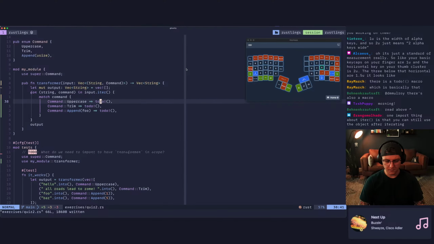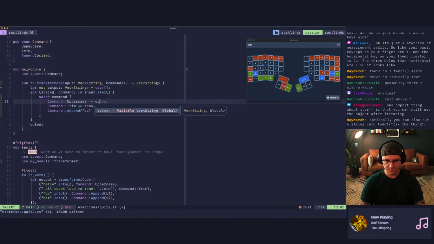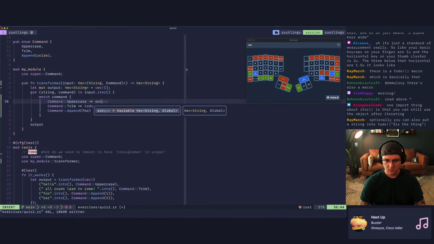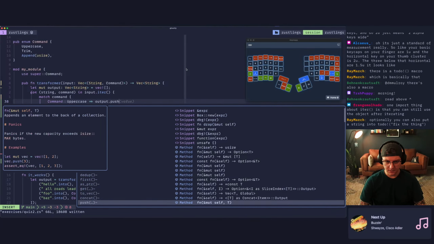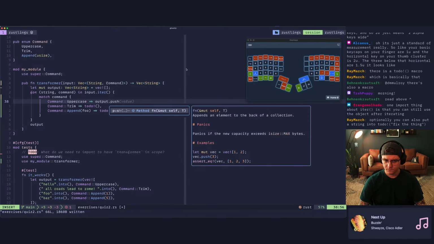All right, that looks pretty good. So when we uppercase, we're going to say, we have a mutable reference to our output, so I should be able to do output dot, what do we have on this thing? God, I hate that Rust Analyzer is putting my docs